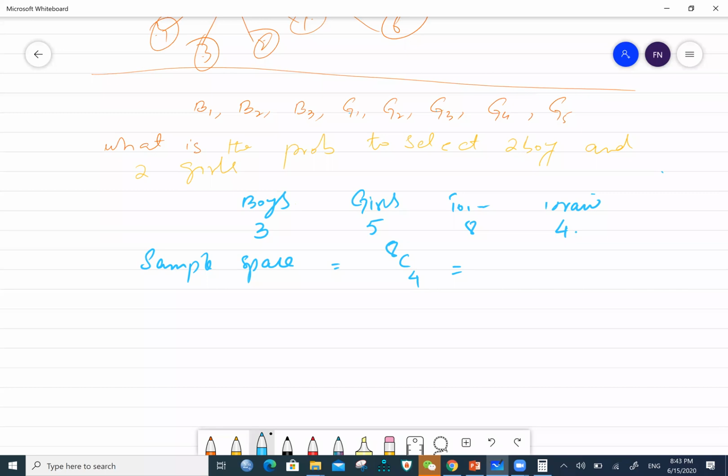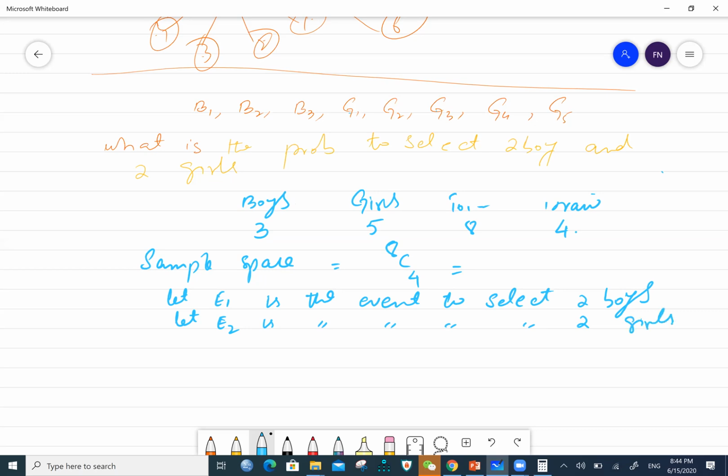Now, we say that let E1 is the event to select 2 boys, and let E2 is the event to select 2 girls. Okay, so